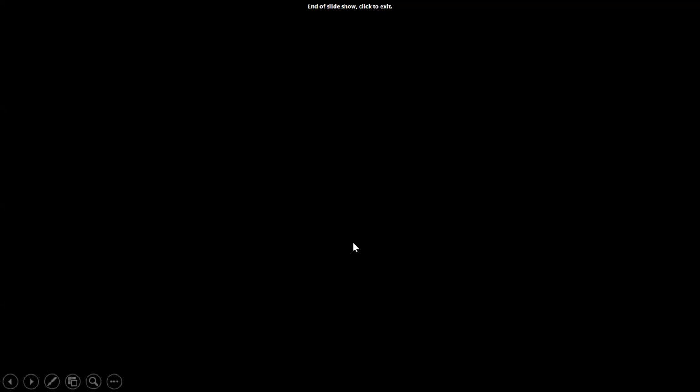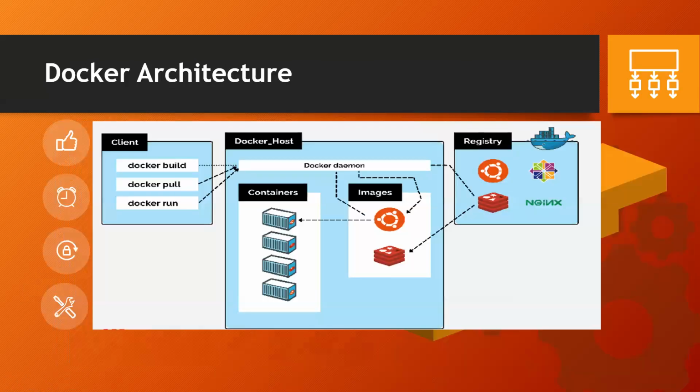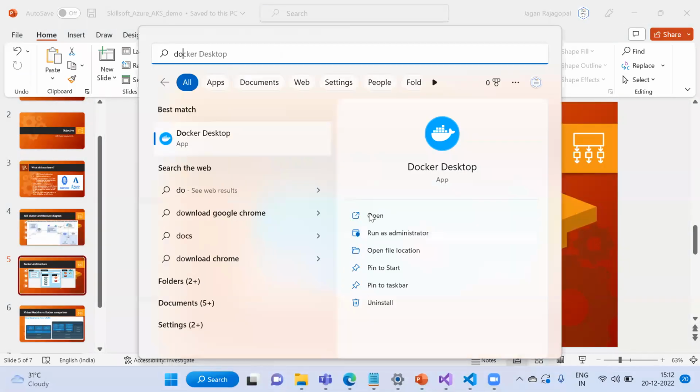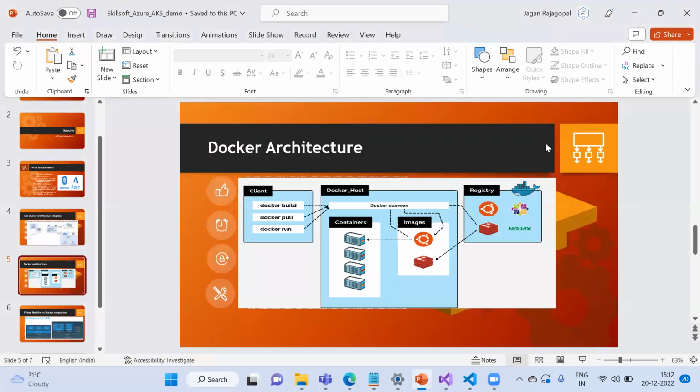Okay, so this is high level. Basically, if you see Docker, we build a Docker image. In order to build it on Windows, you need to install something called Docker Desktop. I have it on my local machine, but it is heavyweight. If you host it on a Linux machine or Ubuntu, it will be very lightweight, I guess. And what we are doing is, for any application you have, you build a Dockerfile,